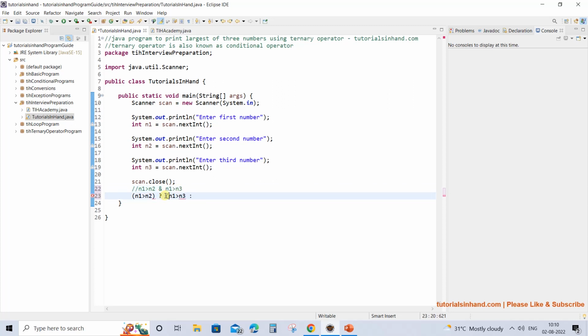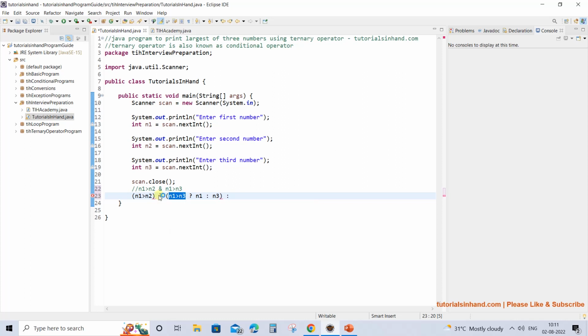So this is another ternary operator that we are writing as the statement if the condition turns out to be true. We are checking if n1 is greater than n3 or not, and if n1 is greater than n3 turns out to be true, then we will print n1 as the result, or if n1 is not greater than n3, then we are going to print n3 as the greatest. This completes one case where n1 is greater than n2 and n1 is greater than n3.